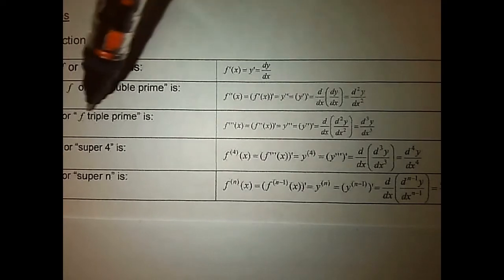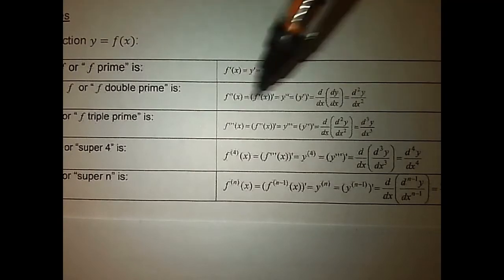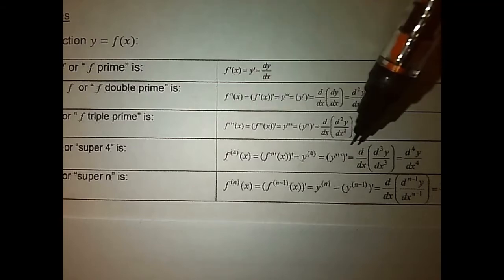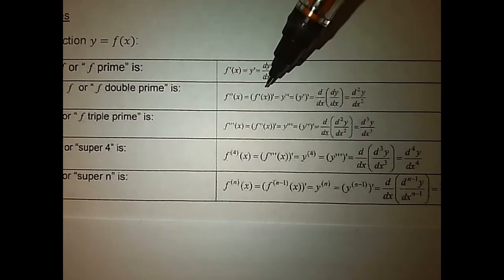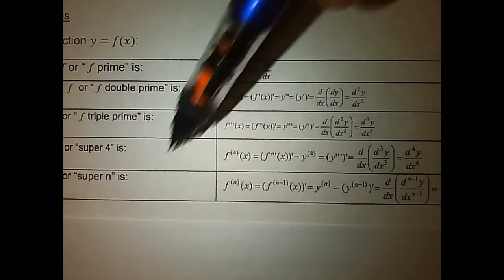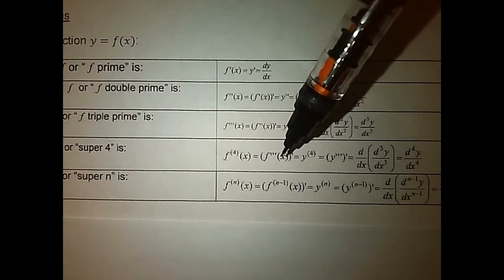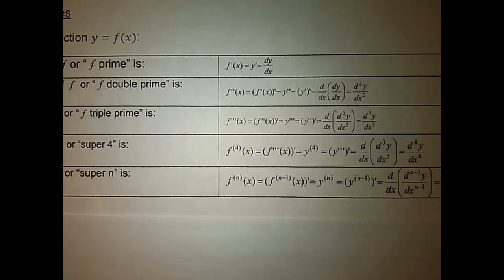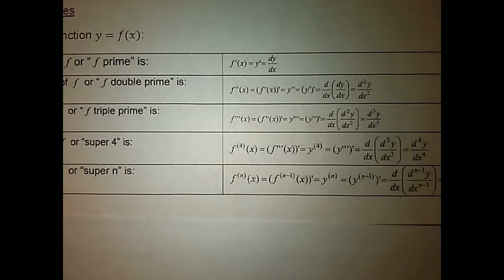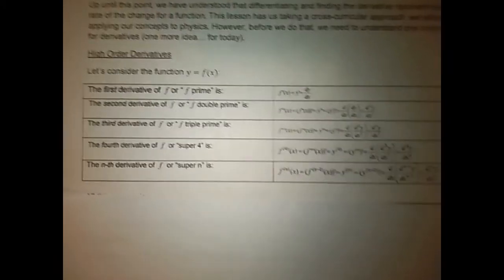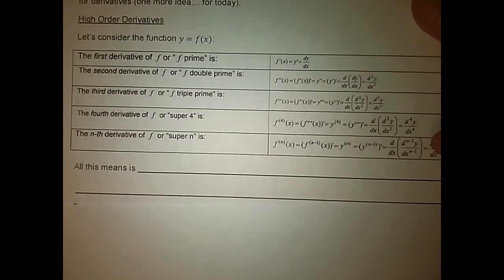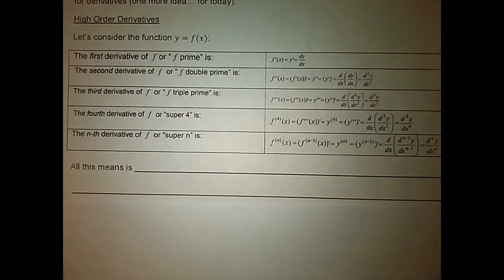If I want to find f triple prime, or the third derivative, there's my notation, I have three apostrophes here. It's just the derivative of the second derivative. And superscript 4 is just the derivative of the third derivative. So we can just keep taking the derivative again and again, n number of times. So n could be 6, 7, 8, and so on. This looks complicated, but we can summarize this in a sentence that I'm going to put right here. So all this means is